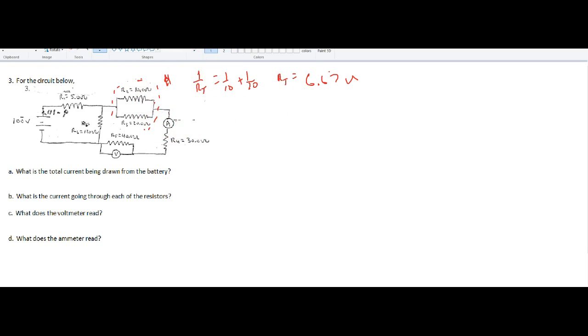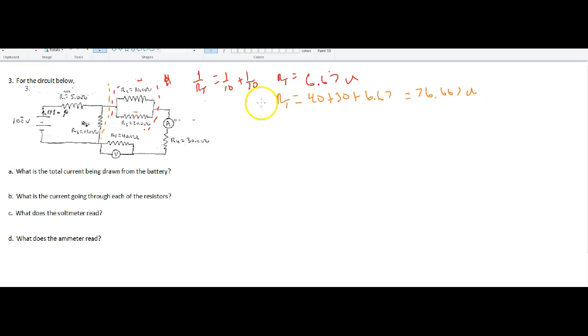Okay, so if that's 6.67 ohms, then these two together count as that. But if I then look over here and go, wait a second, everything that goes this way has to go through this parallel system, right? So everything has to go through the 30 and the 40. So the resistance total for that whole right-hand side of the circuit is going to be 40 plus 30 plus going through the parallel system, which we're going to treat as one thing, 76.67